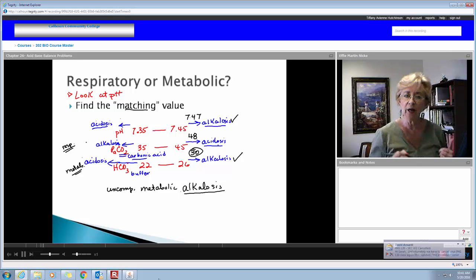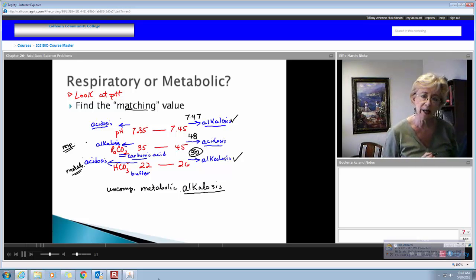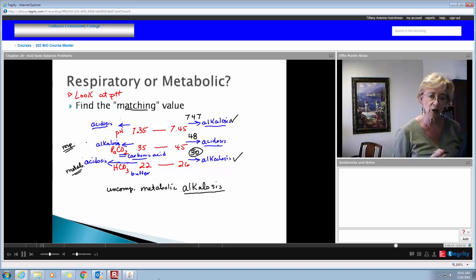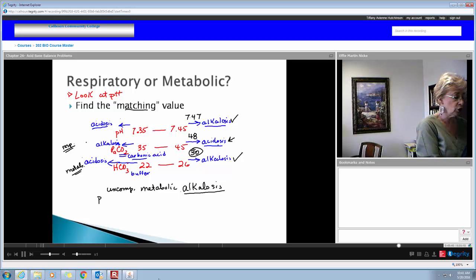But if you want to know more, if you want to see whether or not the body attempted to compensate, see if it's partial compensation, you look at the what? Opposite value. Did the opposite value make an attempt in this case to pull the pH back into range? Sure did. So in biology and in med school, you look at this value and you see that this is out of range in the opposite direction. So we call this partial